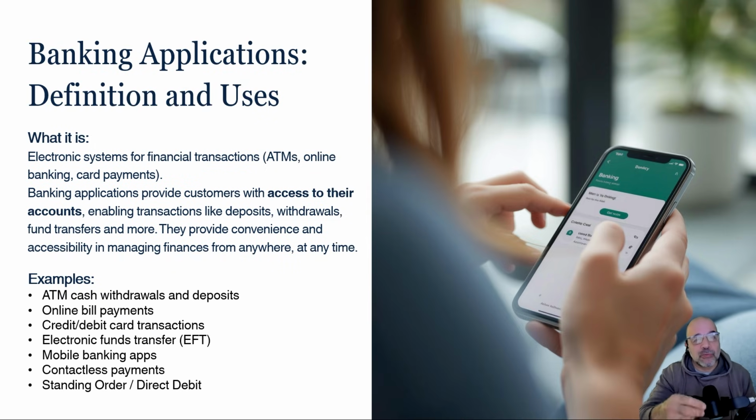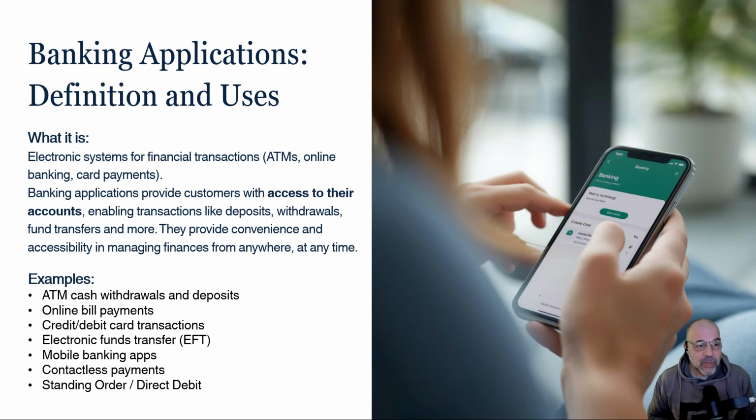That's where you go to the cash point machine at the bank, you put your card in, and then you can do different transactions. You can withdraw cash, you can deposit, you can check your balance, so on and so forth. Online banking, that's when you can access your bank account from the internet using any device which has access to the internet. And then we have card payments. This is the process where we can purchase items or transfer money from our credit cards or debit cards